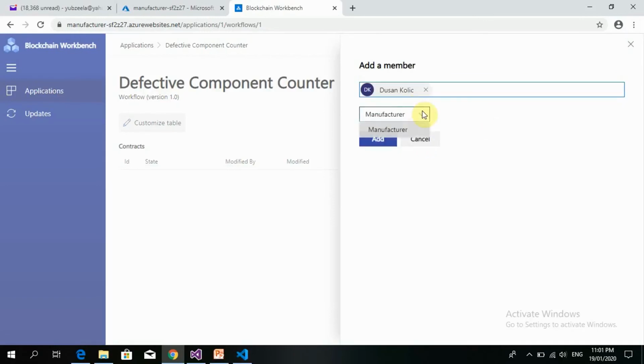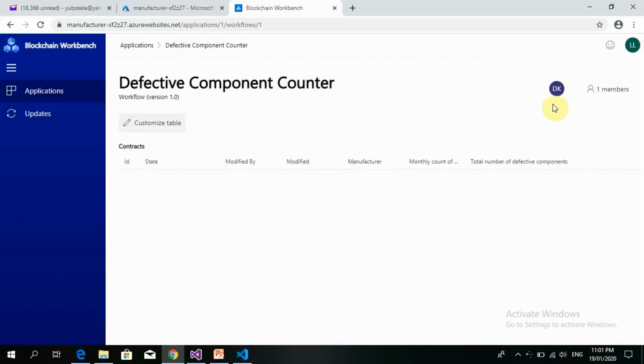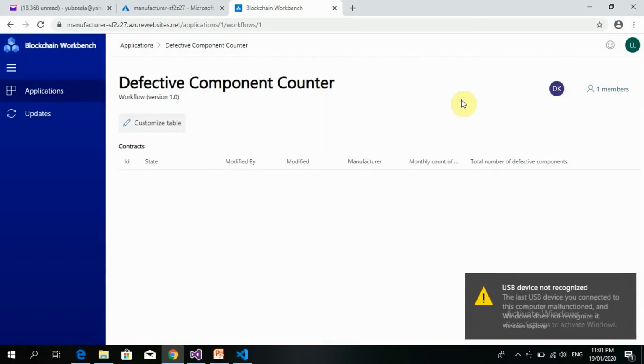So which role am I going to give this user? The manufacturer role. So it means this user can actually create a contract. So we add that user, and then he is a manufacturer, which of course is the only role we have created. So now that I have one member that can do this, the next thing is I can open